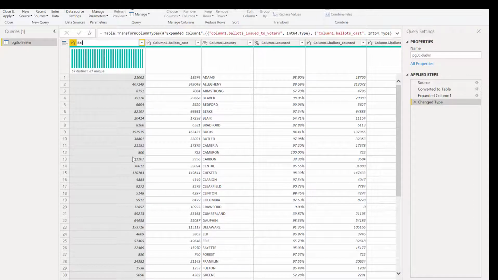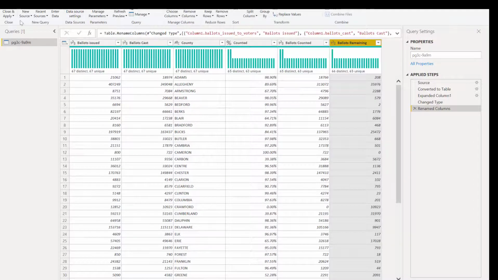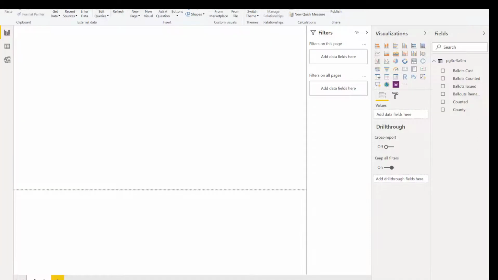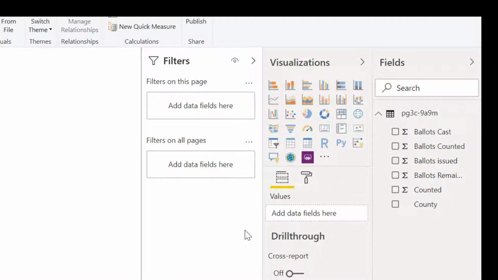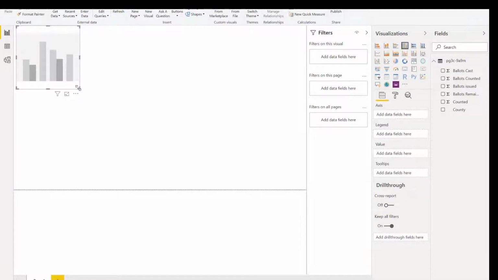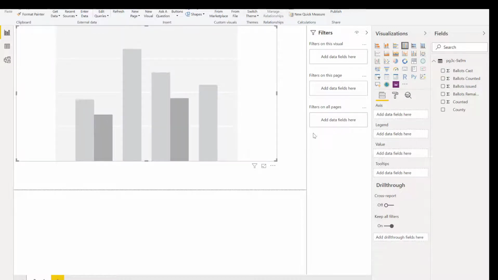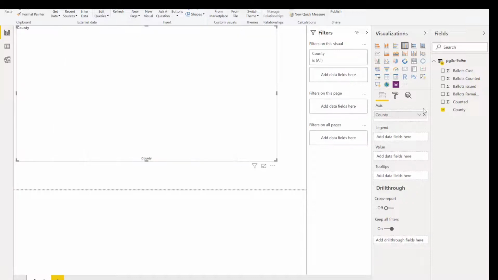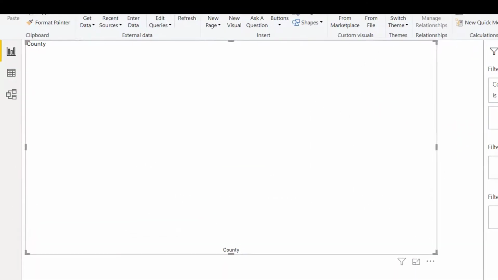So let's see, these are ballots issued. Change the titles of each of these columns, or the headers of each of the columns. So we'll go ahead and close and apply, and those changes have been made to the data model. And so you see now that we have automatically been given some summary measures of the data values that we were working with. So if I choose to add a data visualization, such as a clustered bar chart, for instance, and if I throw the county on the axis, and I then look at the number of ballots that were